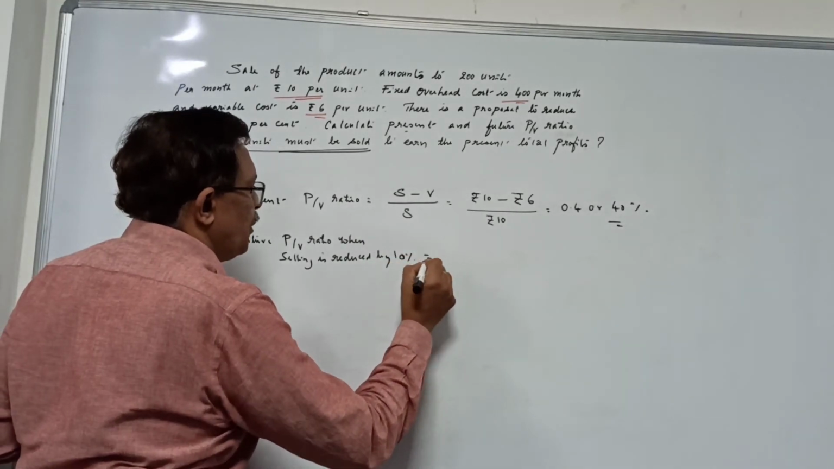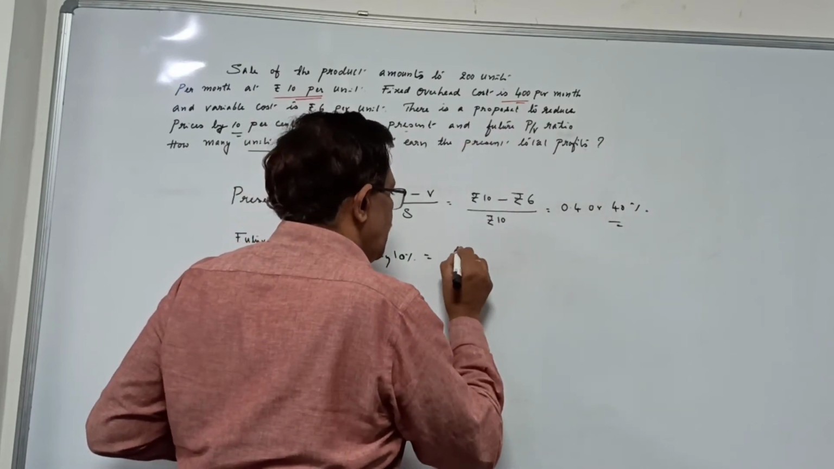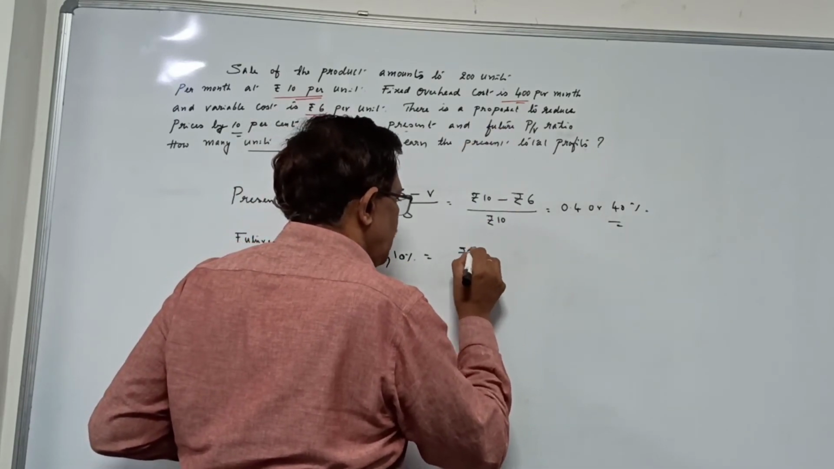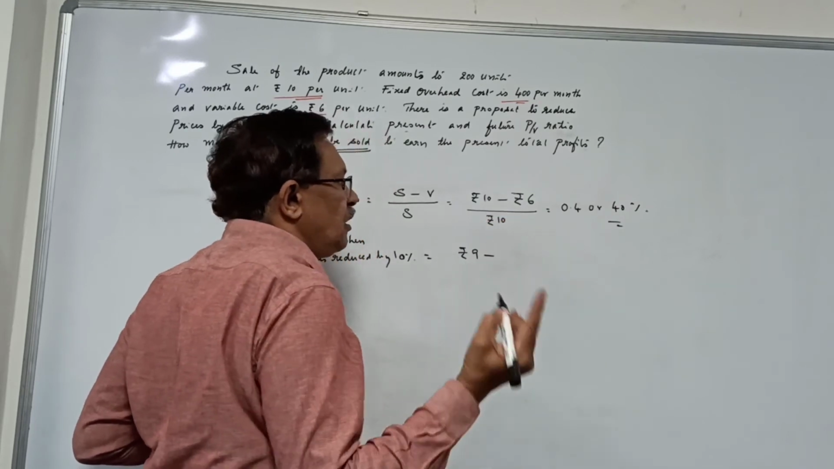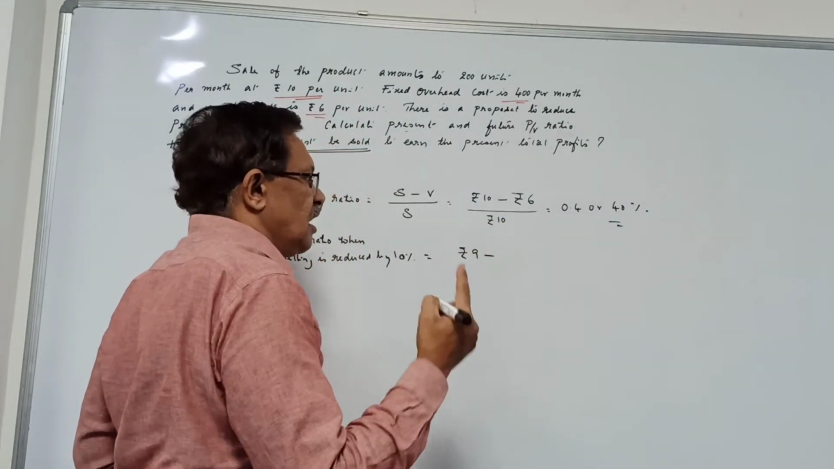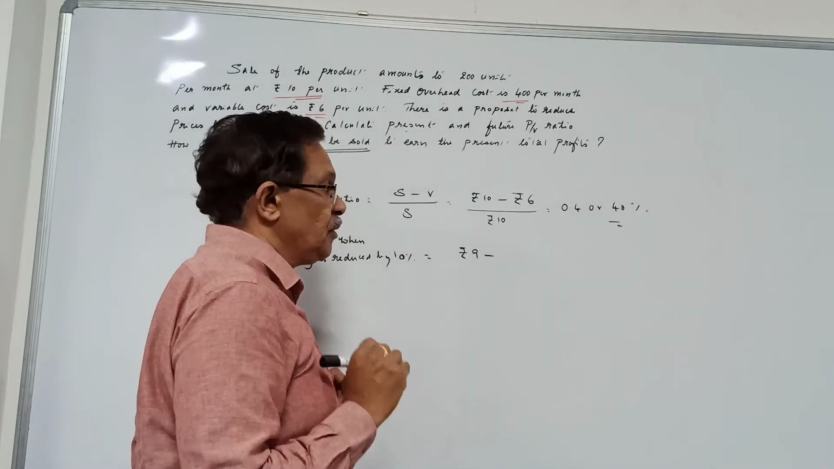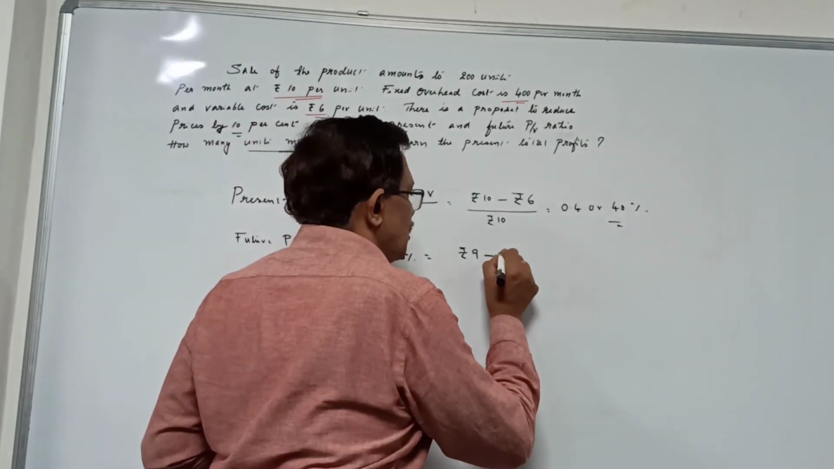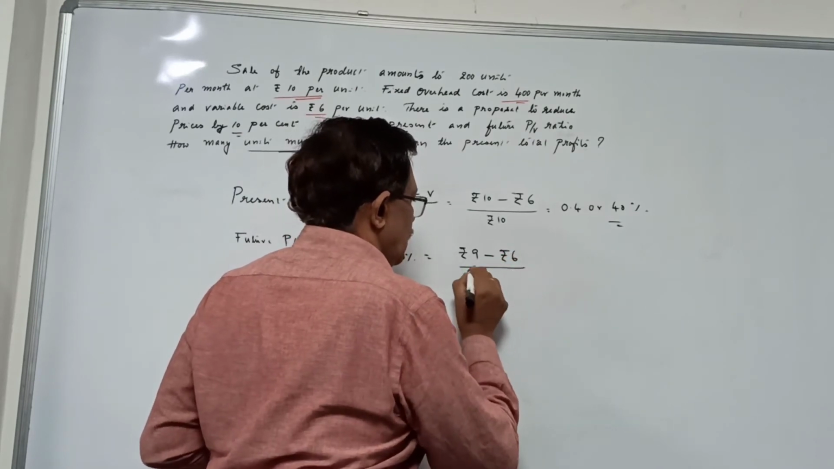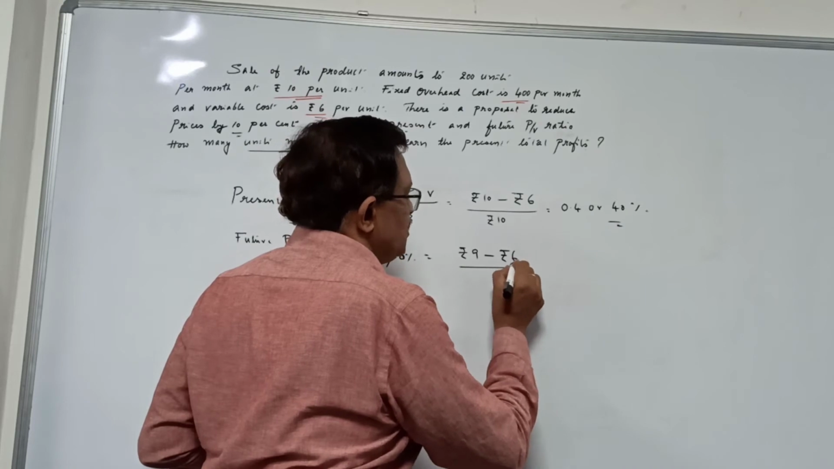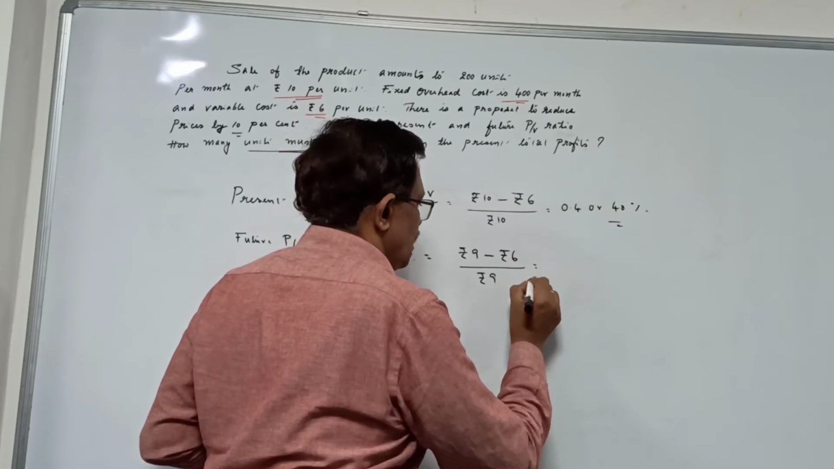10%, now the selling price is reduced by 10%. That means the selling price will be 9 only. 10% is 1 rupee, so the reduction is 1 rupee. So the new selling price is 9 rupees. The variable cost is not going to change. It remains constant. Then (9 rupees minus 6 rupees) divided by 9 rupees, which is nothing but